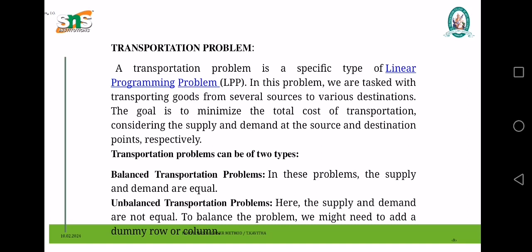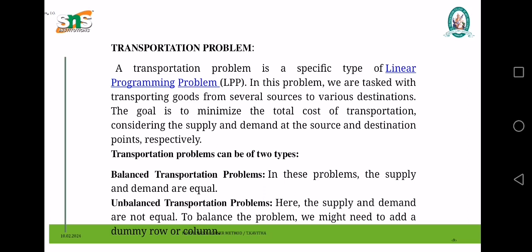First, we have to see what a transportation problem is. A transportation problem is a specific type of linear programming problem. In this problem, we are tasked with transporting goods from several sources to various destinations. The goal is to minimize the total cost of transportation, considering the supply and demand at the source and destination